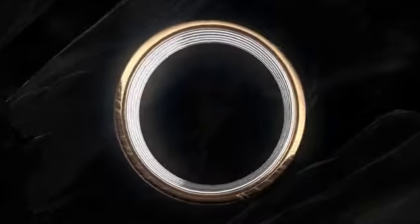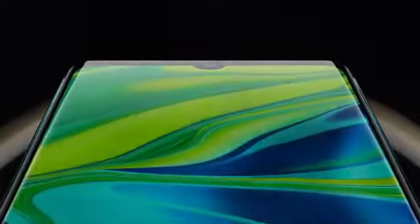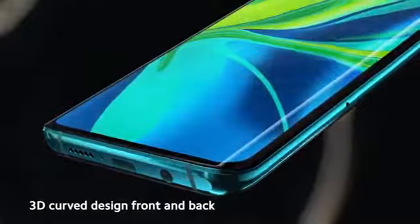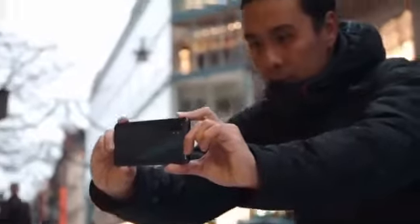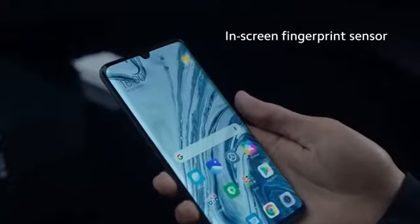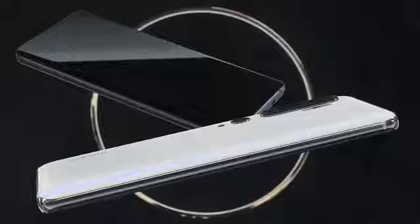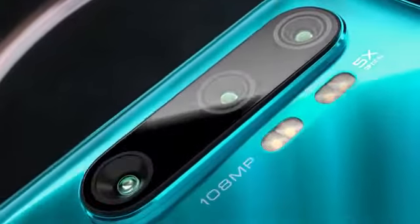The Mi Note 10 Pro brings all the features of a top-end phone but without the top-end price tag. It's got a beautiful curved edge screen with a 6.47-inch Super AMOLED display. The colors really pop, max brightness is pretty high, images look textured and contrast is good. At the top of the screen there is a small teardrop notch in the center which houses the front-facing camera. There is a Snapdragon 730G chipset here paired with 8GB of RAM, which is a decent mid-range processor that's optimized